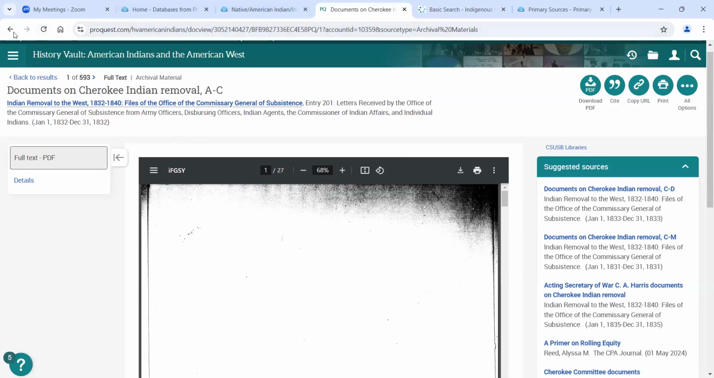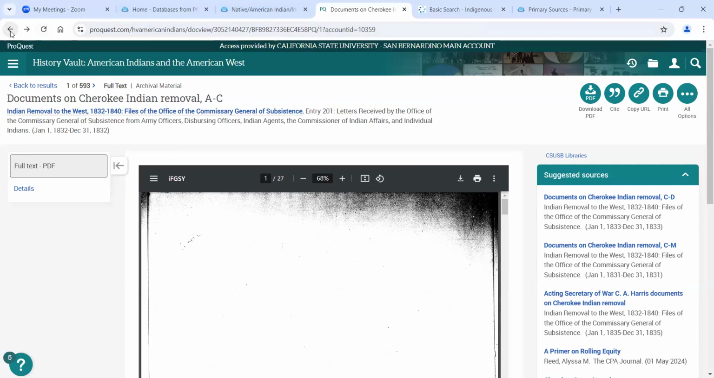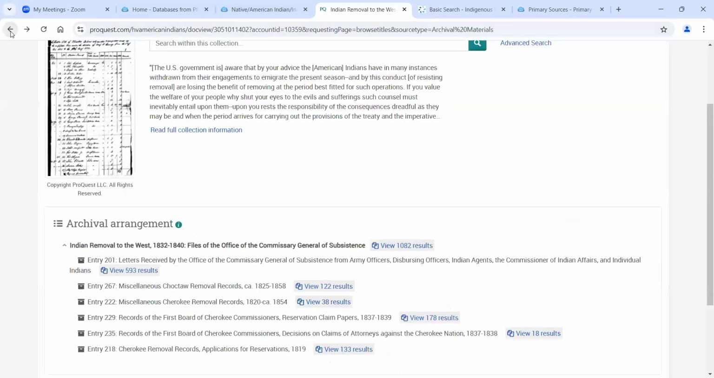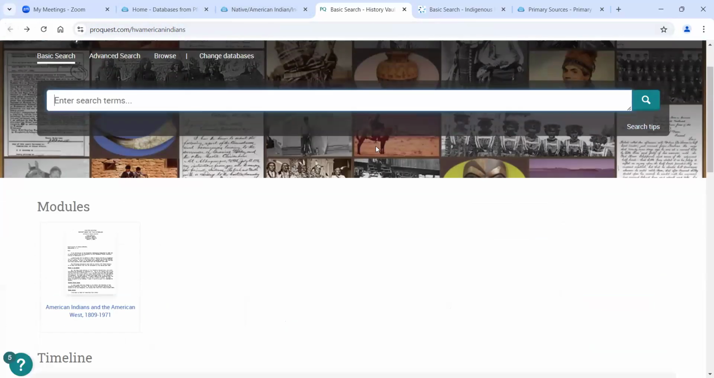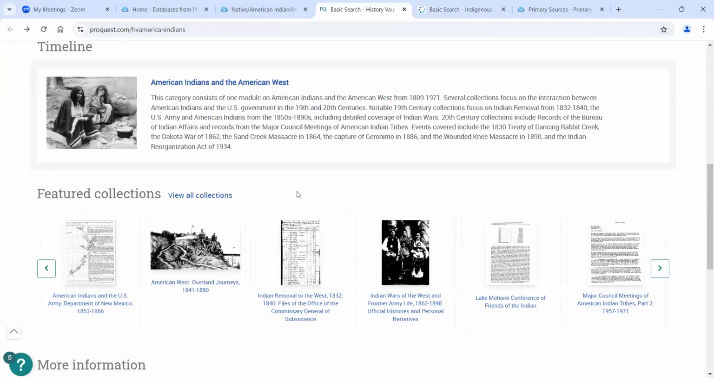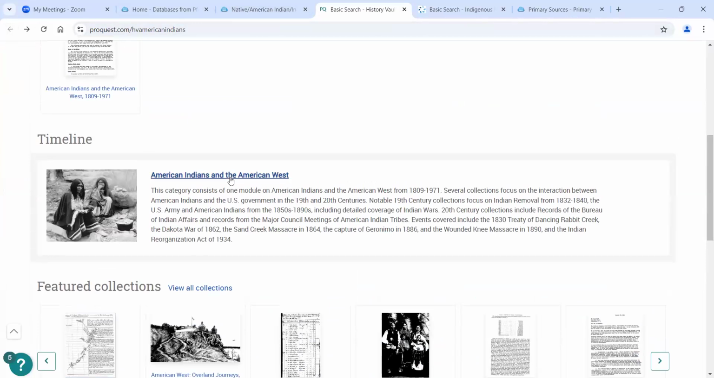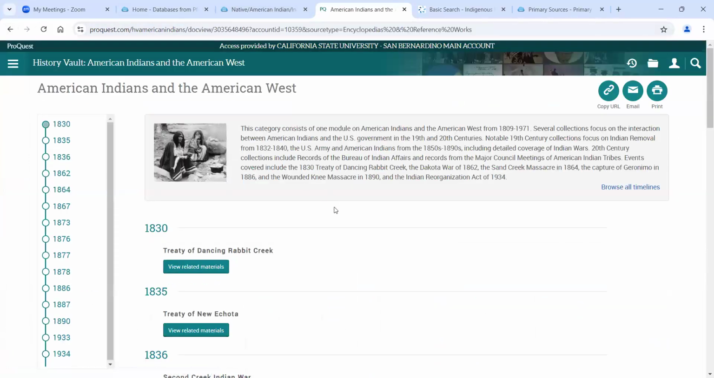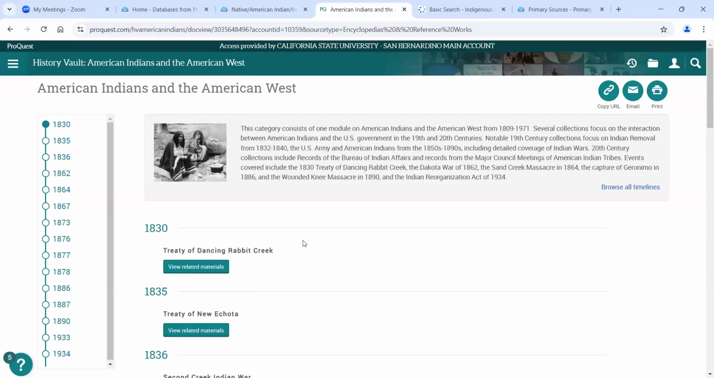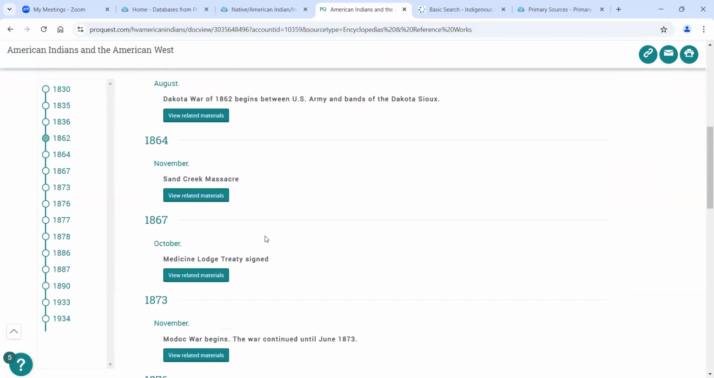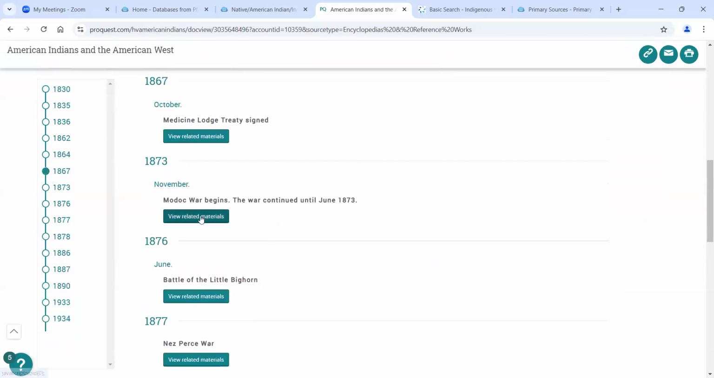Let's back out a little. I want to go to the full front page here. So we clicked on the featured collections, but there's also a timeline. This is a chronological look at the sort of topics that are available. It starts in this case in 1830, and you go down, and let's say you see something like this. Oh, the Modoc War. That's what I'm interested in. I can go ahead and click on that,